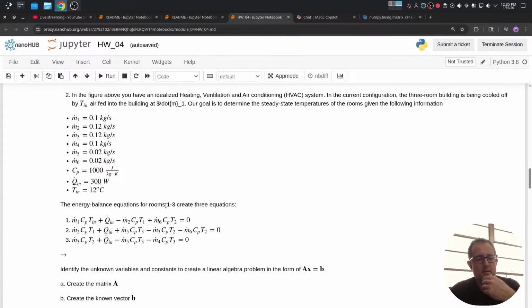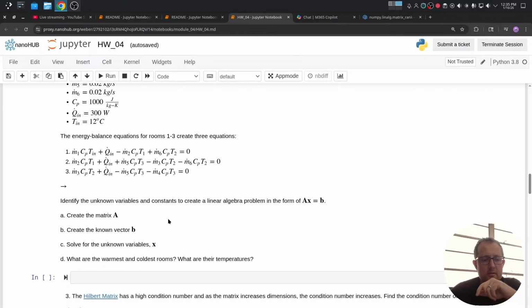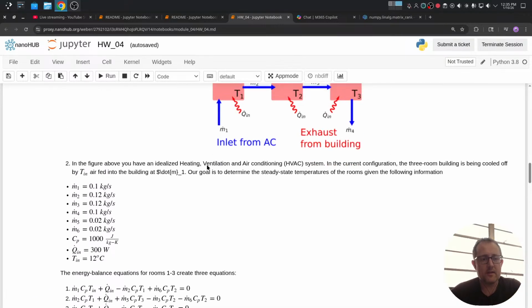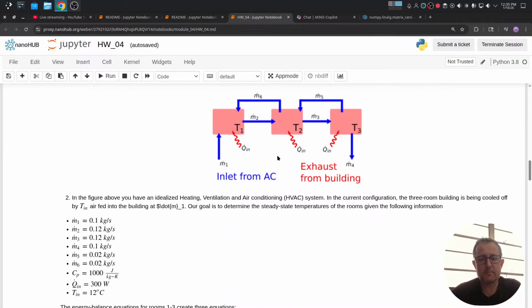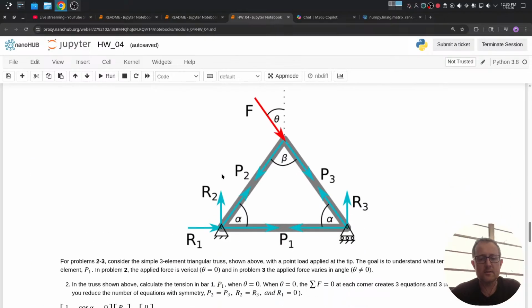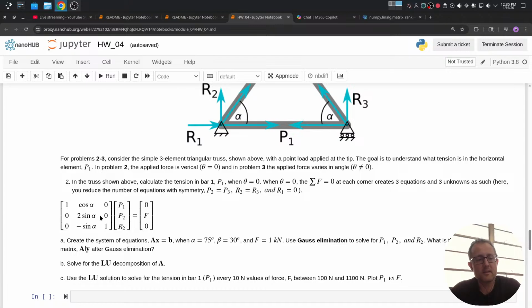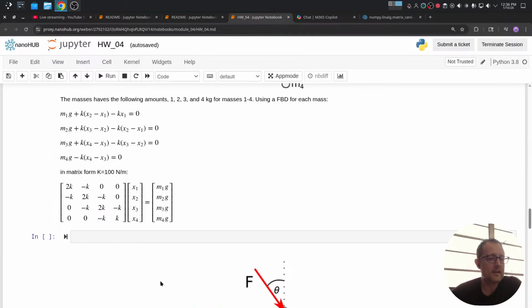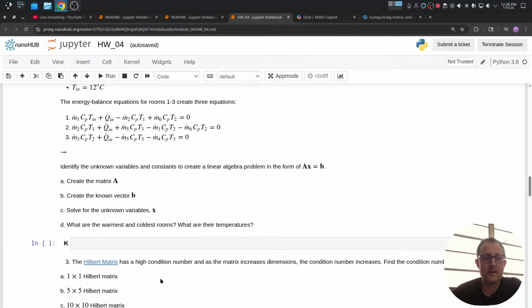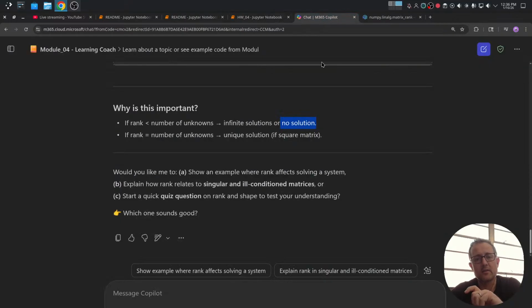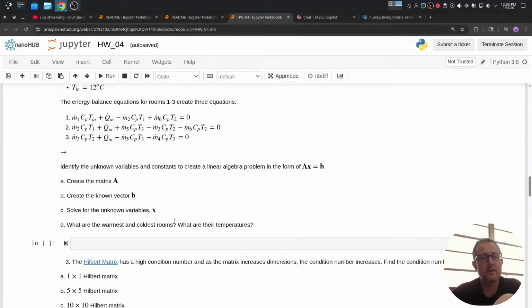Then here, one thing that I saw coming up in this problem with like looking at temperatures in the rooms, and then also this problem of like a force balance on this truss, is this matrix did not match the actual coded matrix. And there were like different ways of kind of getting typos. I don't know if people were trying to like get AI, trying to get the learning assistant to help them build those